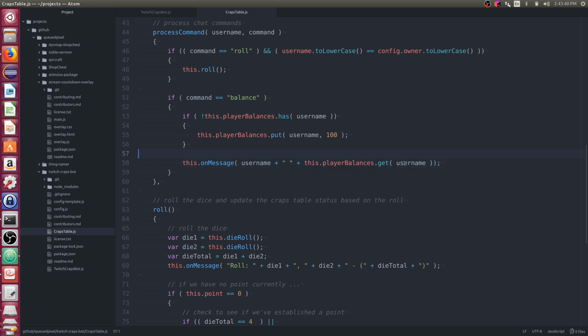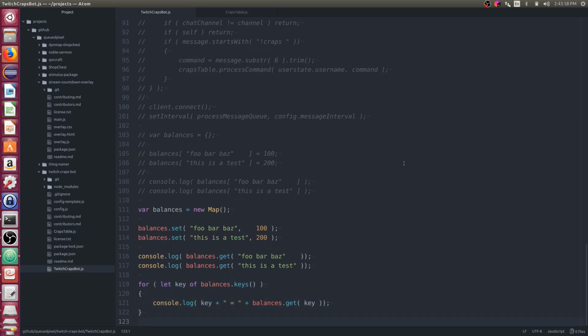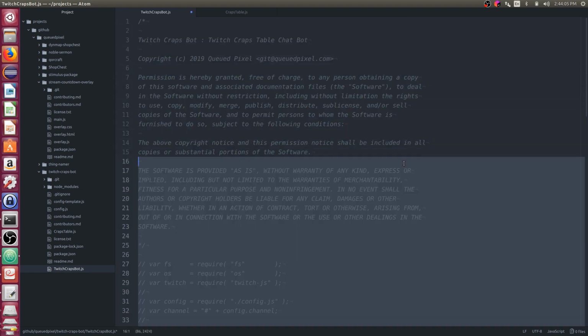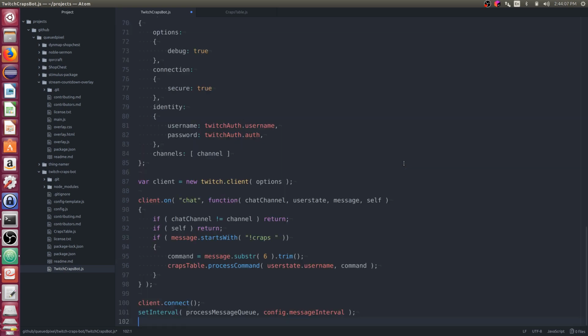And I don't limit this to the owner of the game. Normally the roll command is limited to the bot owner, but the balance command is limited to anyone. Anyone can run this. And so I should be able to just run this and see what happens. So let's go delete my prototype code. I think we're done prototyping. Let's re-add all the real code and give it a try.